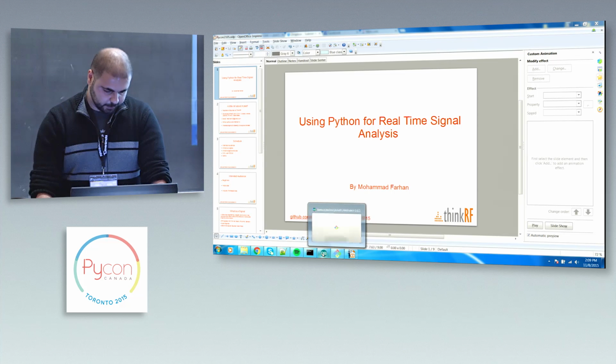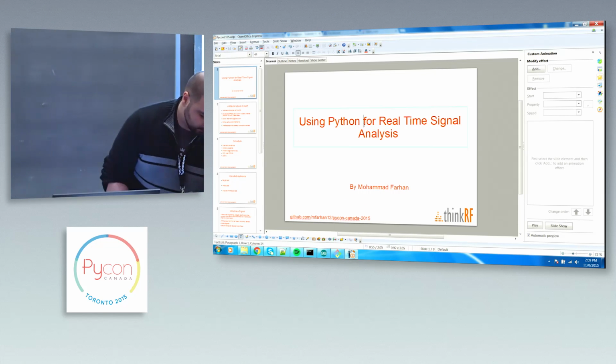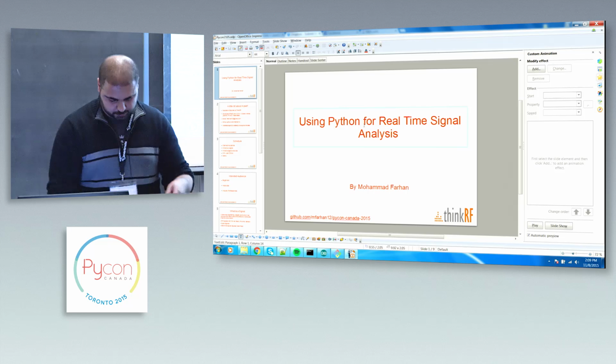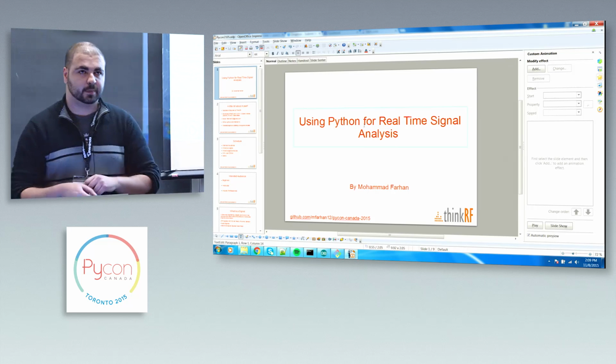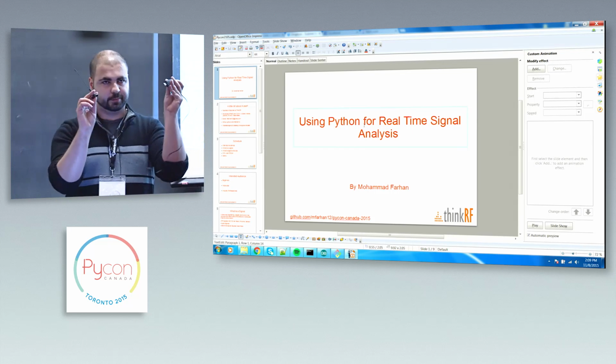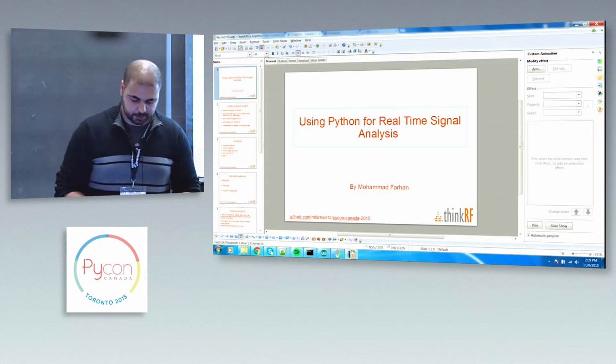OK, so we're going to skip that part of the demo because that didn't work, but we could try again later. So instead, I'll demonstrate the RTL SDR. So this is a software-defined radio. You can buy it for 20 bucks. So if you don't want anything too expensive,